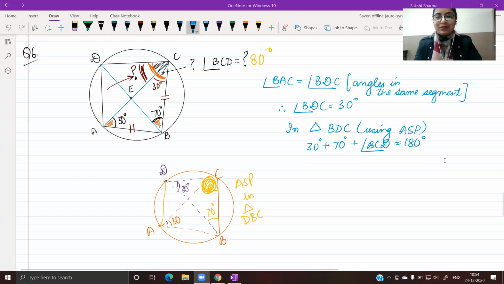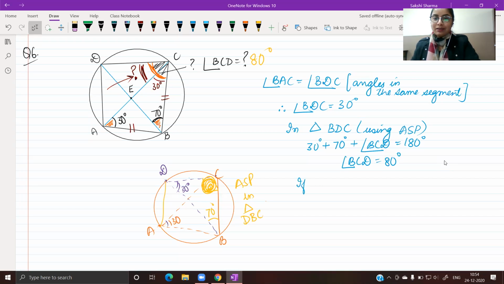Let's just complete this question and then you can go. This is the answer for the first part. If AB is equal to BC,